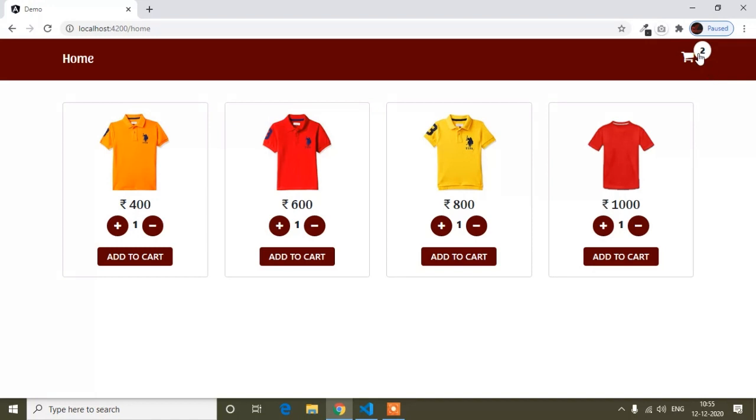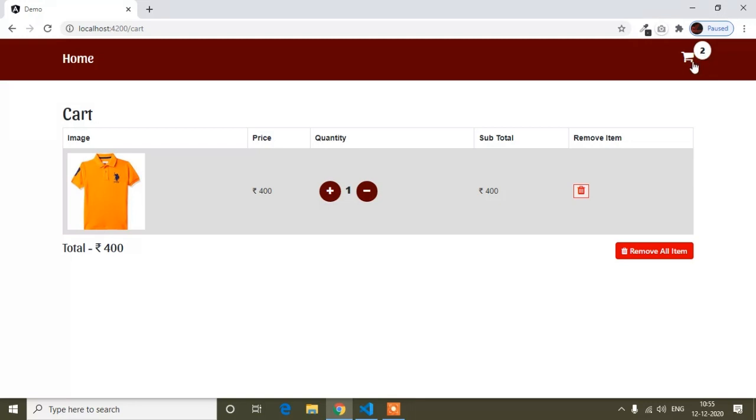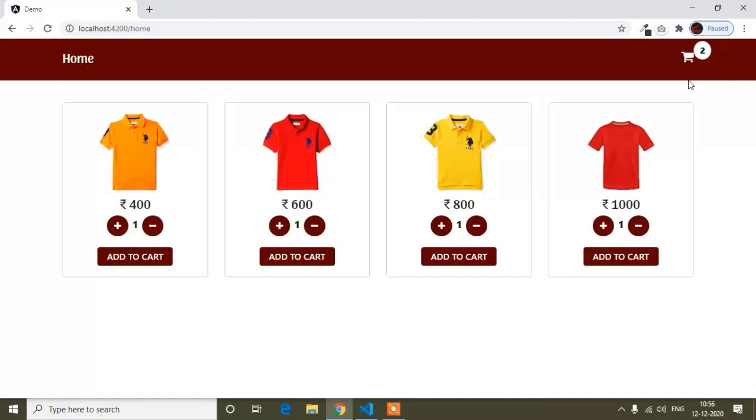And then when I go to the cart details page, here you can see the cart. Here we can see all the details of the products which I stored into the cart. So first of all in this video, I will show you how you can increase the number here.